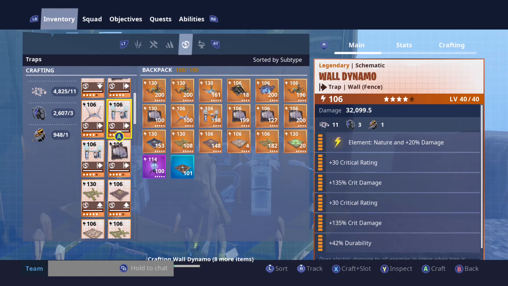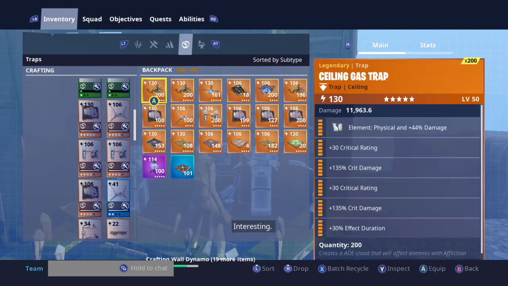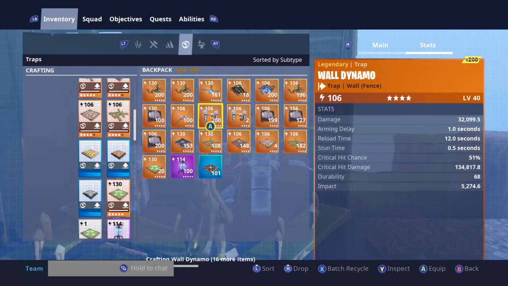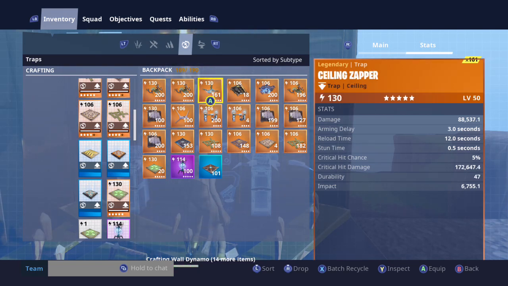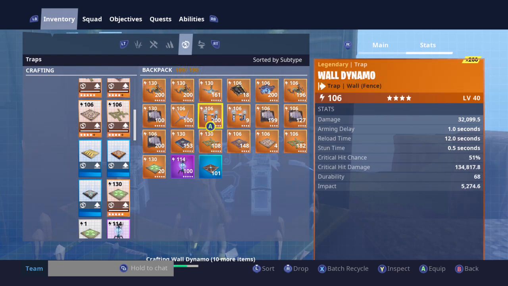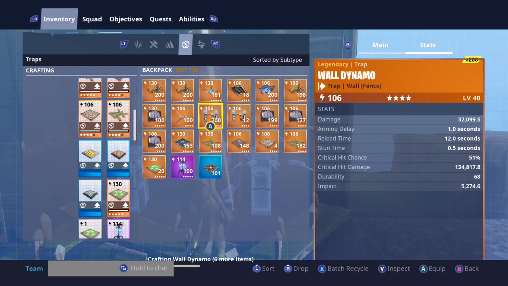Might as well. So these are my wall dynamos. These are absolutely godly. Interesting. You'll see I have the double crit rating, double crit damage on those as well. Again, they hit so freaking hard. Like, look, 51% crit chance and 134,000 crit damage. To put it in perspective, my ceiling zapper was, granted this is a legacy roll and it's not a very good legacy roll, but my legacy, if it crits, does 40,000 more damage, which granted is a lot of damage. But it doesn't even do that much damage regularly. And the dynamos, 32,000, more than enough to take out